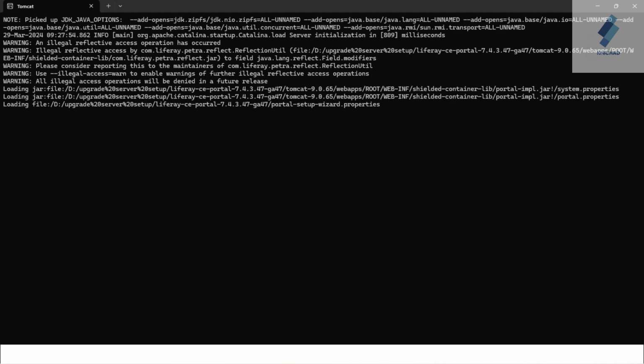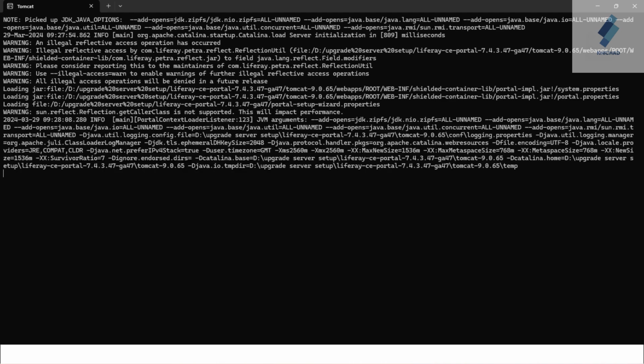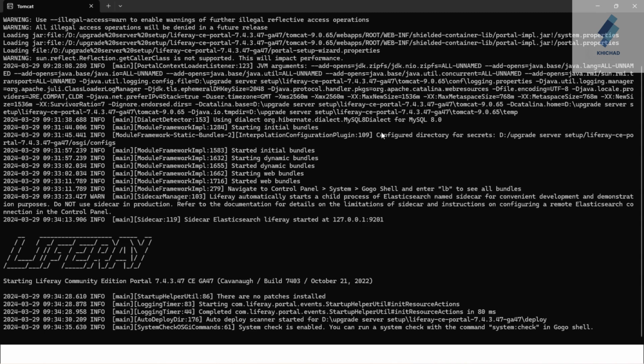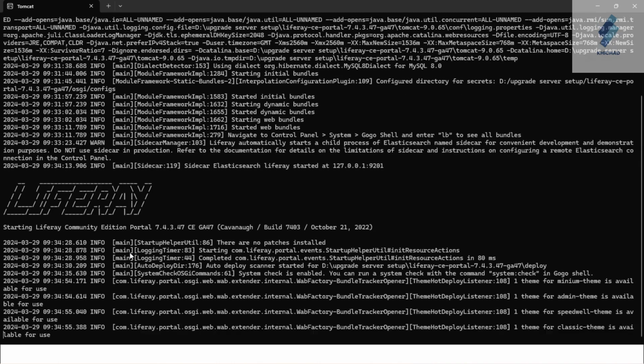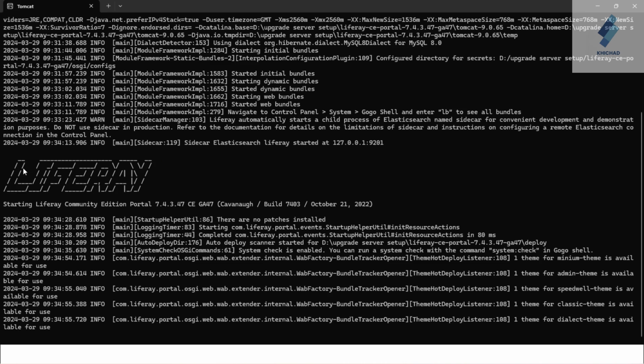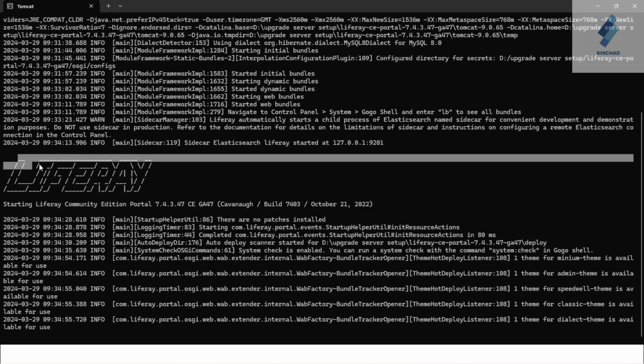Wait until your Liferay server is started. Now you can see the Liferay logs are generated successfully and the Liferay server is running.